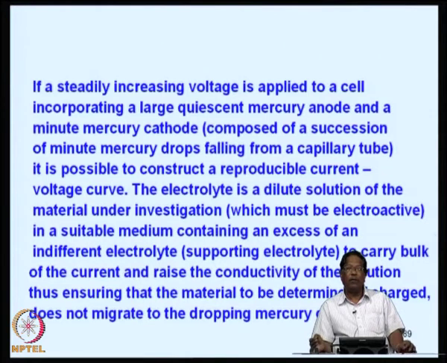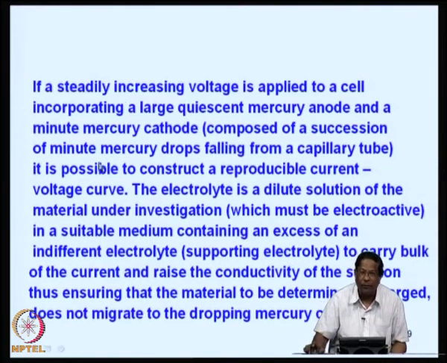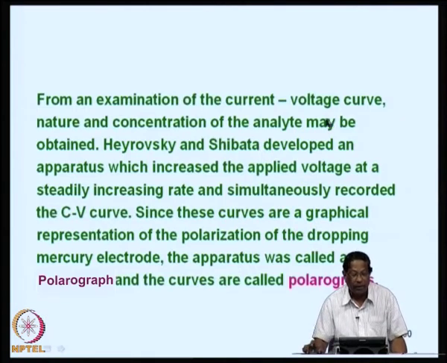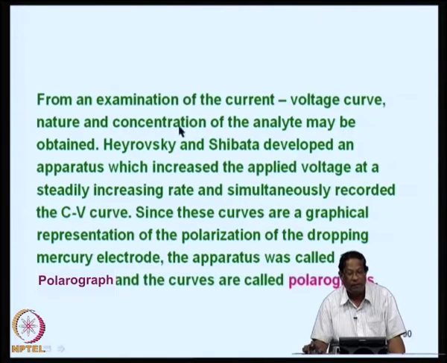It is possible to construct a reproducible current voltage curve. So, when we do this, we can examine the current voltage curves and then deduce information about the nature and